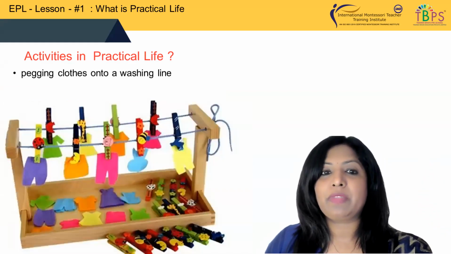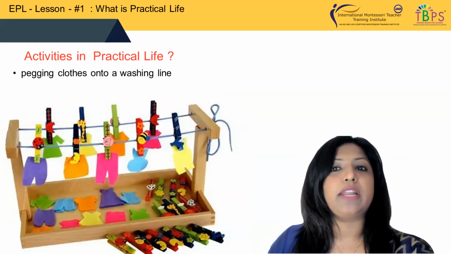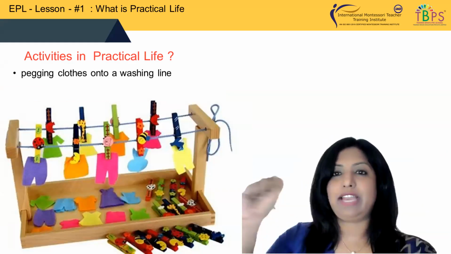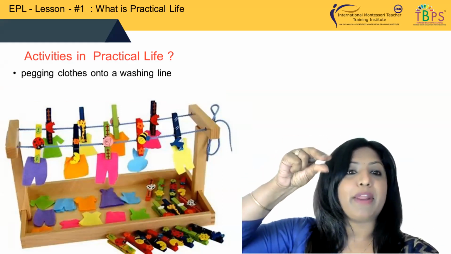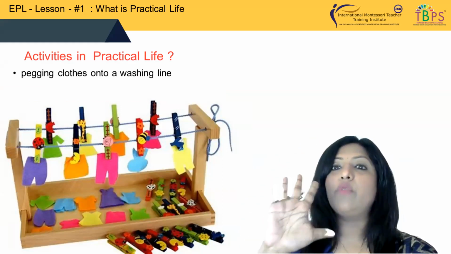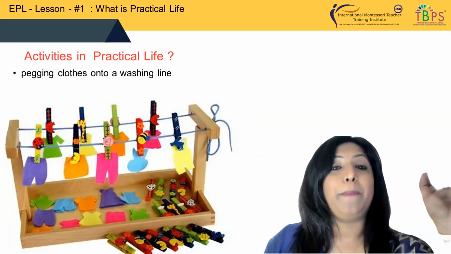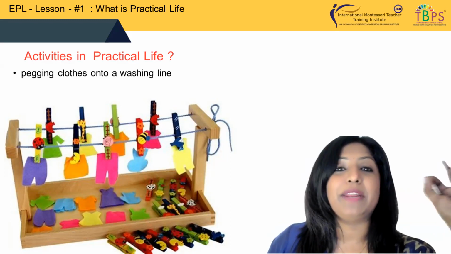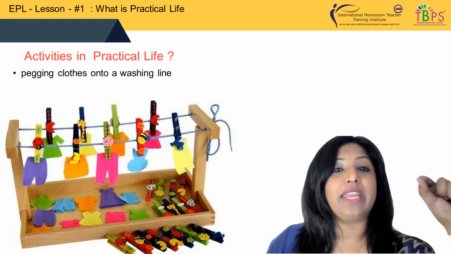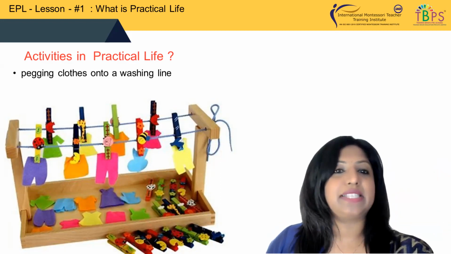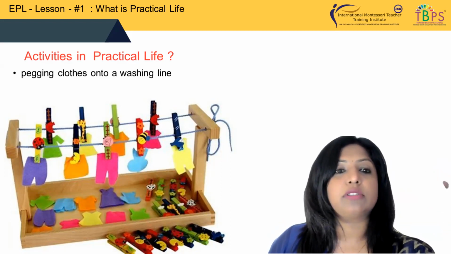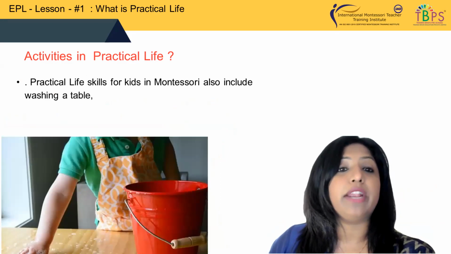What about pegging? This is a beautiful material. If you don't have this in your classroom, you can tie a thread to your window. Give them the actual pegs. The more that the child is applying pressure on the pegs, again, we are working on the muscular movement. So pegging clothes is also one of the preliminary exercises where we give it to a child wherein he has to work on his day-to-day exercises. There's definitely washing clothes. Once he has washed the clothes, the child should be able to peg it. So this is again an important skill for a child to actually look into.